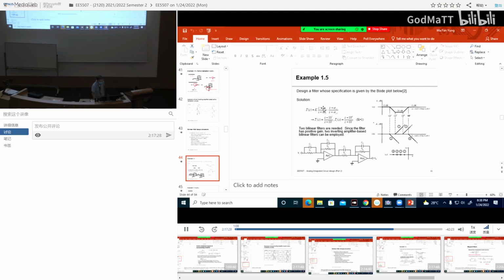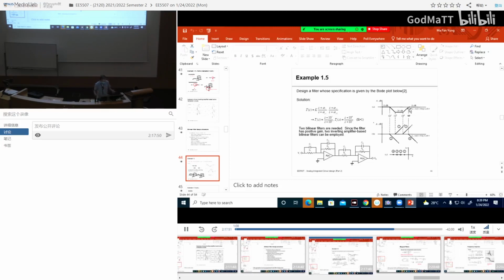some gain factor, 2 zeros, 2 poles. Then we plug in all these frequency breakpoints to find out what the zeros and the poles are. So if you want to implement this now,